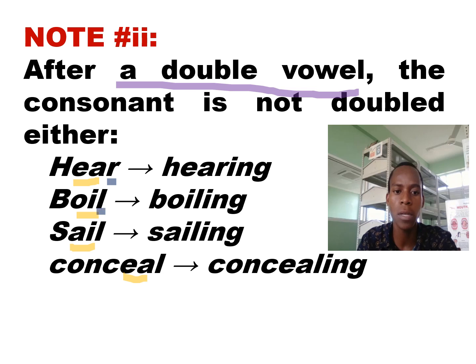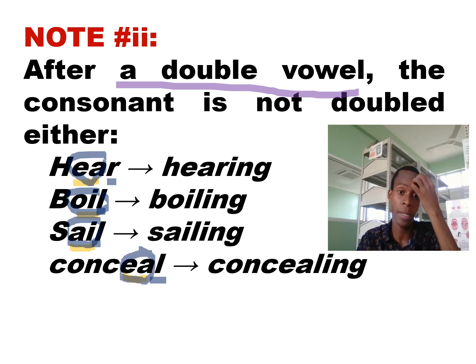This L sound, of course, is a consonant, but it will not be doubled because we have two vowels before it. We don't double it, whether it is stressed or not, because it is coming after